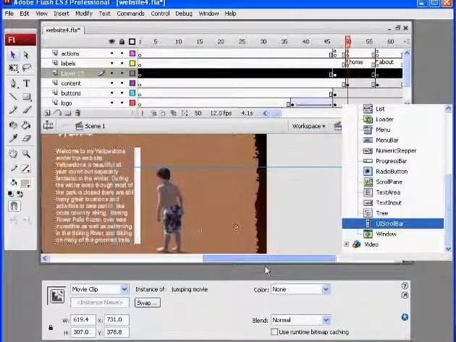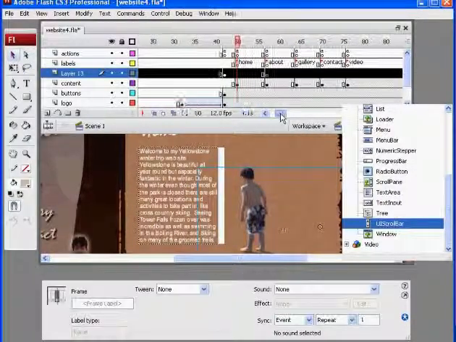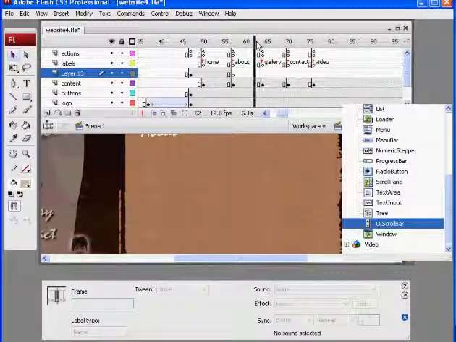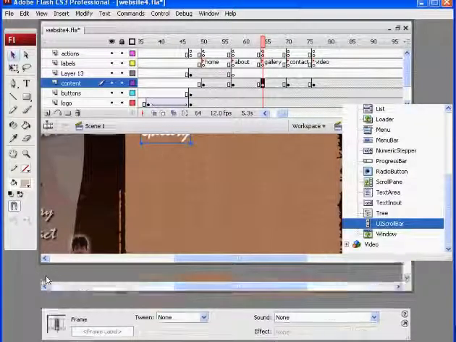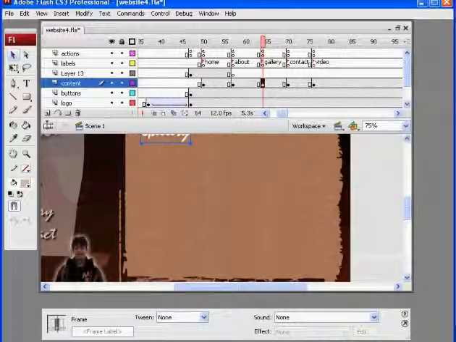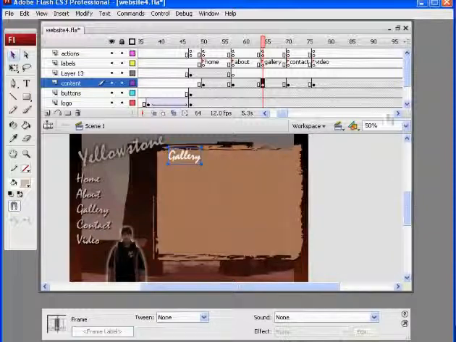All right, the next part was the gallery, and he does this gallery images thing. So first of all, you're going to have to go to the gallery page, right? And we're looking at our content here. And here's the gallery page. All right, I'm going to zoom out a little bit here. Go to 50%. Right, there's the gallery page, and we're going to use a component, and I'm going to put the component on the content